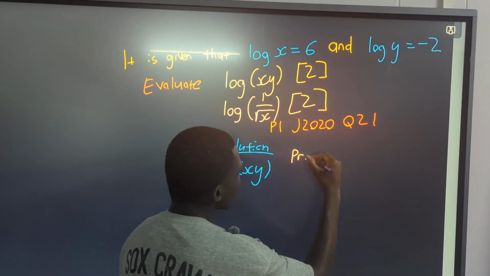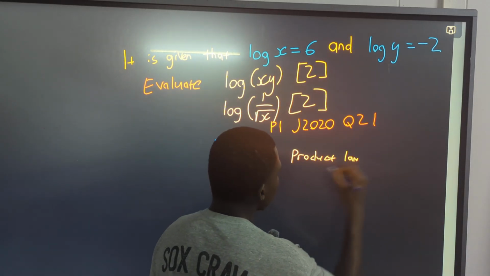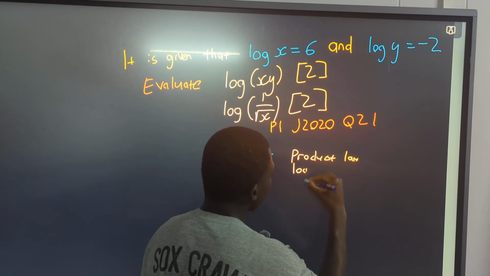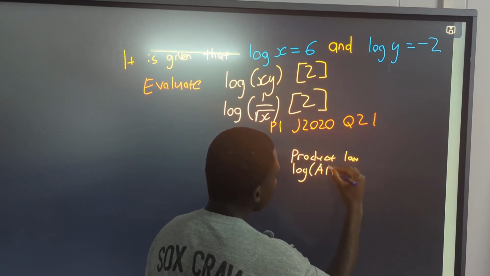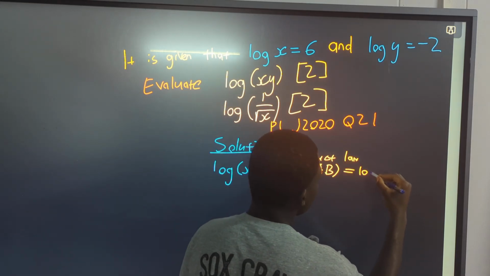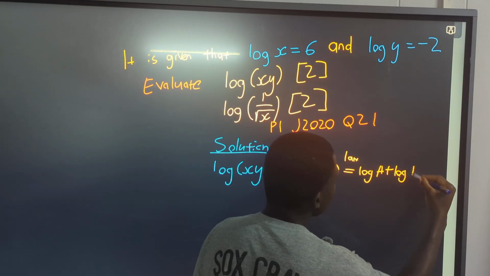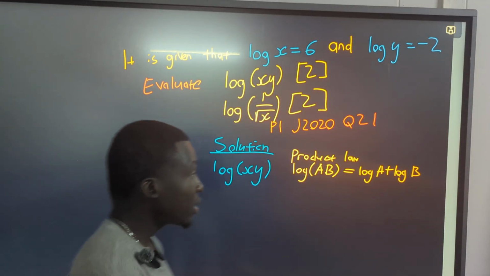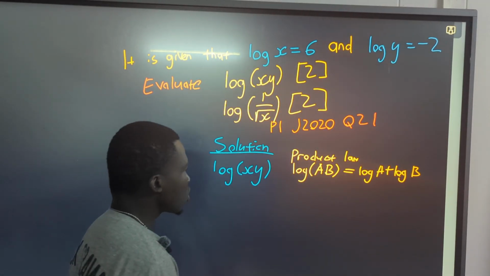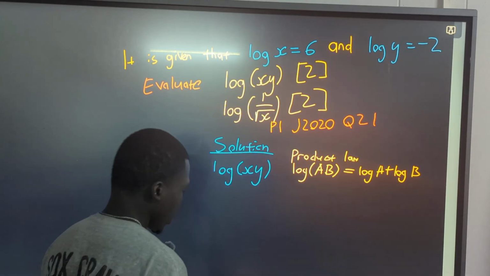The product law says that log of AB is the same as log A plus log B. So applying this for log xy, we get: